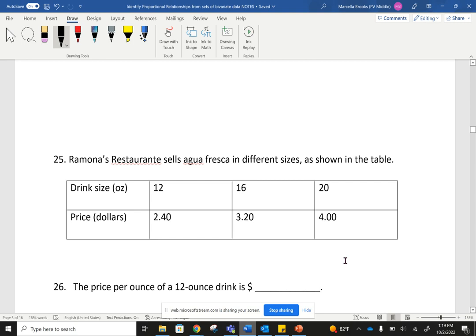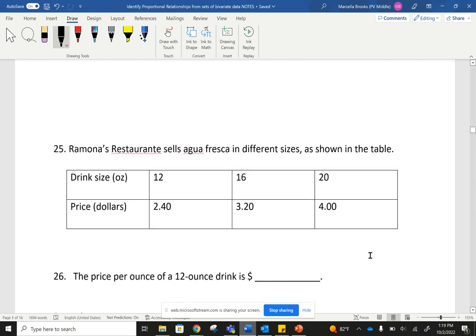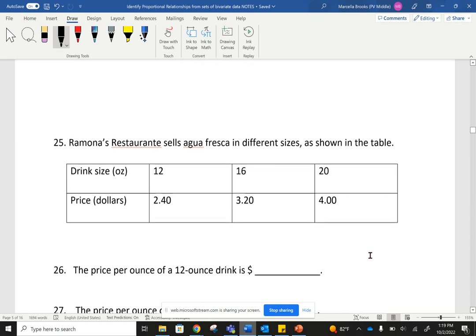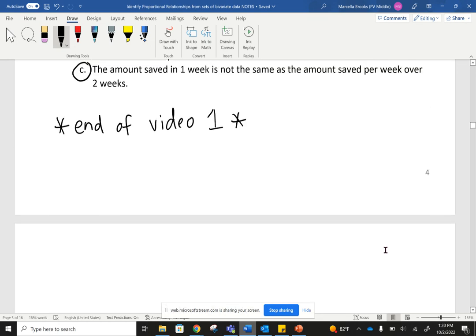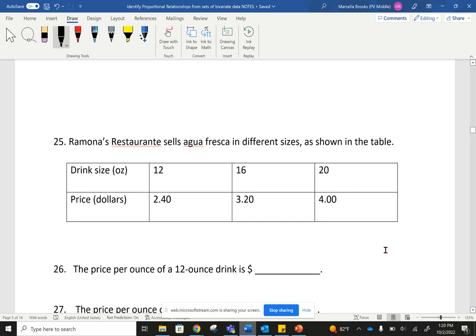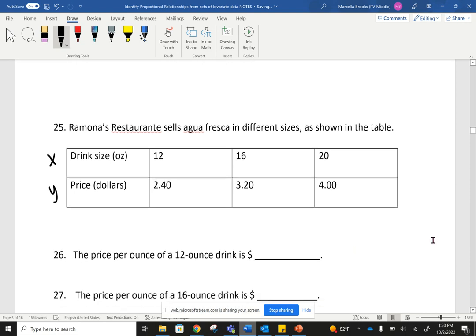This is part 2 for identifying proportional relationships from sets of bivariate data. So we're on page 5, number 25. Ramona's Restaurante sells agua fresca in different sizes as shown in the table. Let's remember we're going to mark our X's and our Y's. And let's just go ahead and find the constant of proportionality or the unit rate for each of these drink